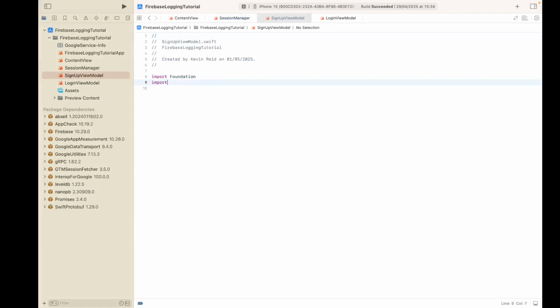Import the following frameworks, which includes observation, we also need to import Firebase,